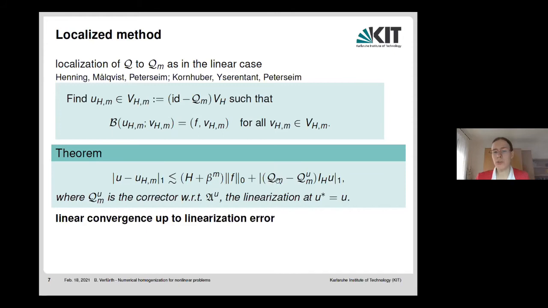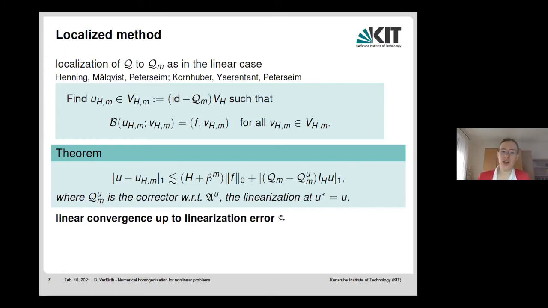It's the difference between the correctors that we use in the method minus something like ideal correctors, in the sense that they are the corrector operators computed with respect to fractal A U. So the linearization, if you take U star equal to U, so if you would compute your fractal A U and your correctors with respect to the exact solution, then you don't have a linearization error, of course. Of course, you cannot do this because you just want to find an approximation to this exact solution.